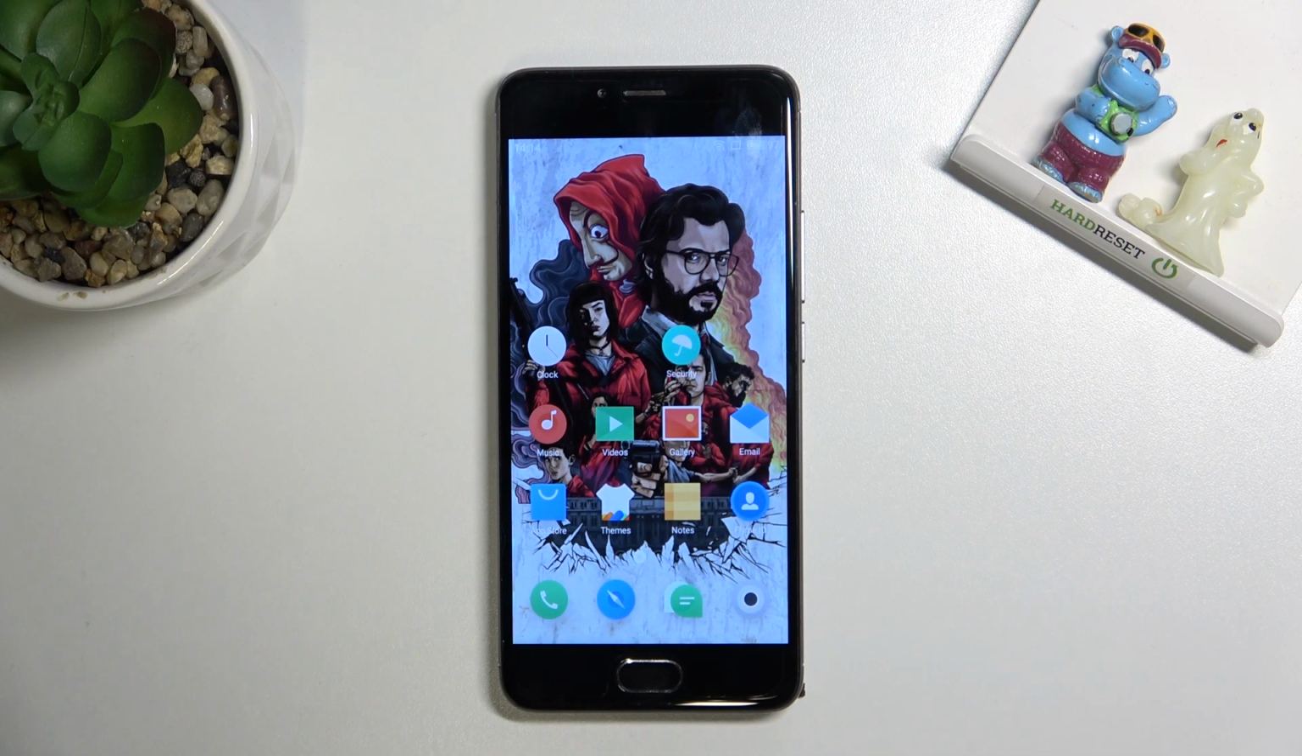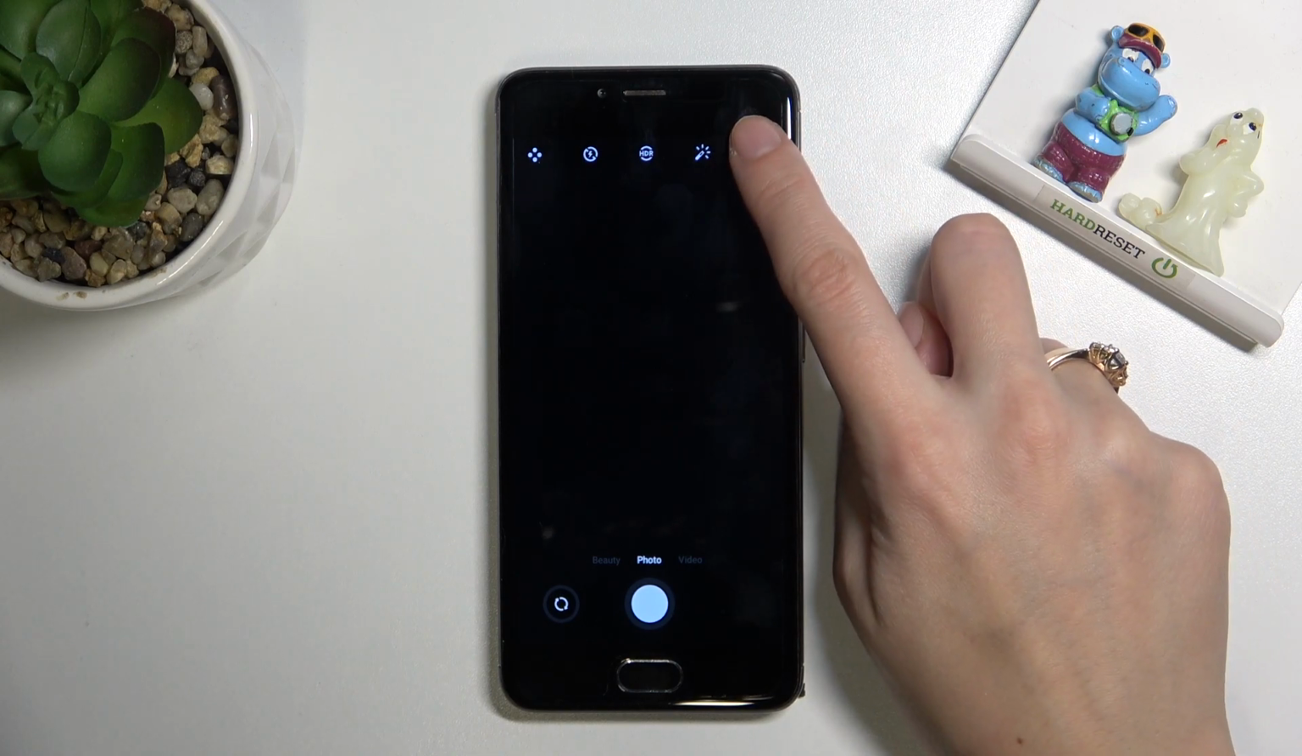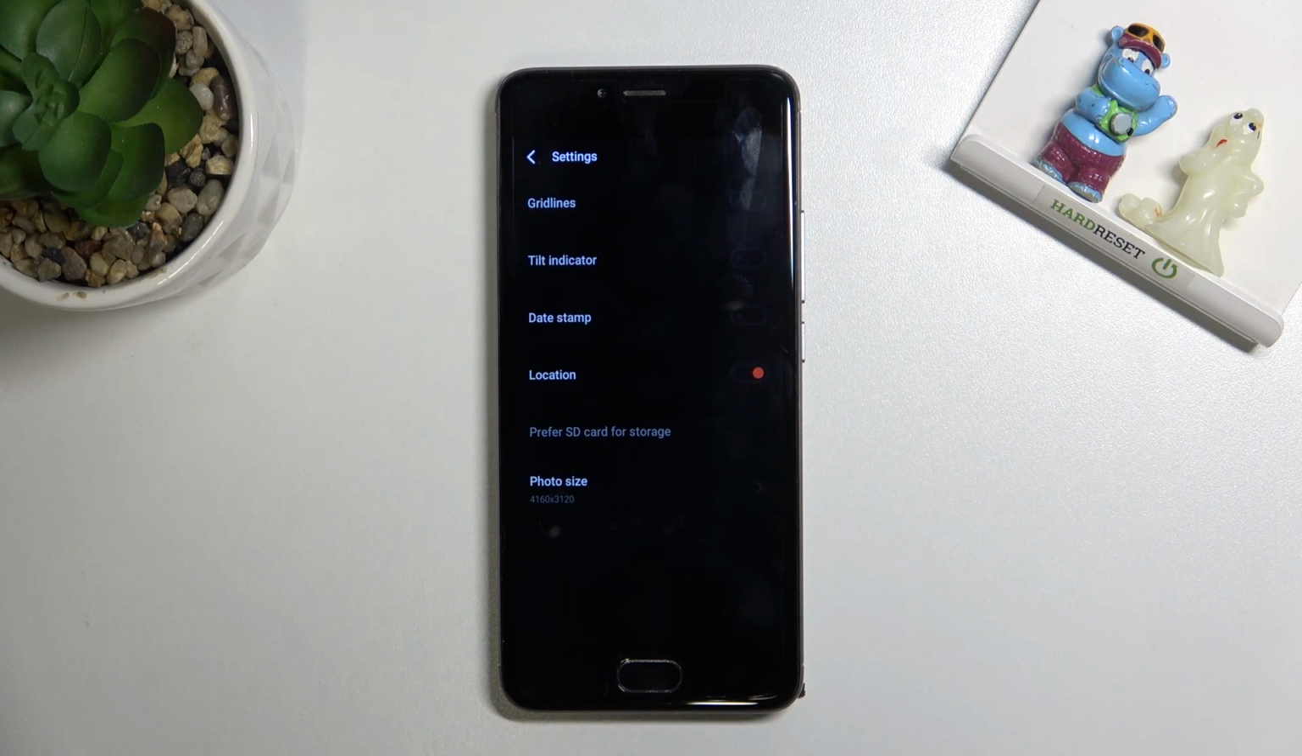Welcome, here I've got MEIZU M5S and let me show you how to turn on and off camera location tags at this device. So let's start by tapping on camera button to open it, and for now we are on standard photo mode. From here let's go to right corner button so we can open camera settings, and now we